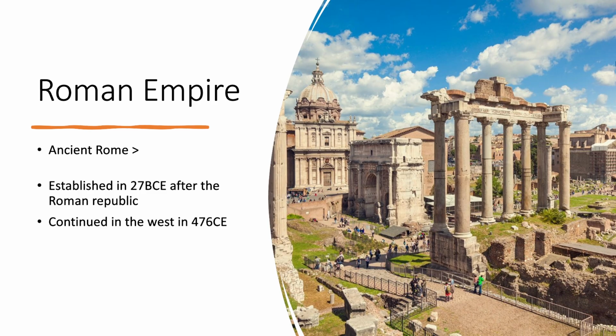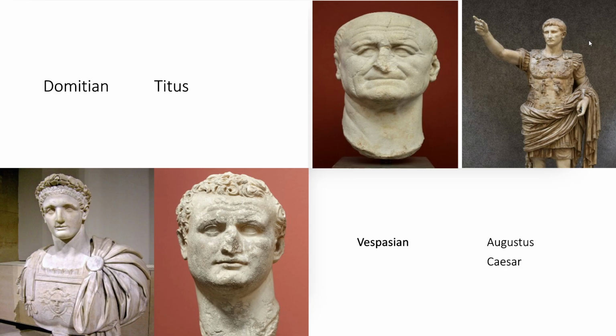The Roman Empire was an ancient empire that was centralized on the city of Rome and was established in 27 BCE, following the passing of the Roman Republic, and it continued to the Empire of the West in 476 CE. The main emperors who have connotations to art and architecture I will be talking about that were around during the